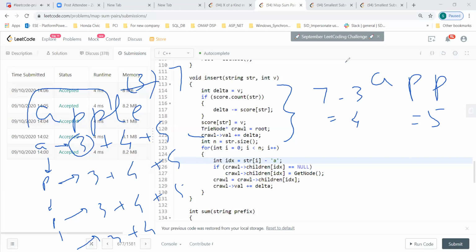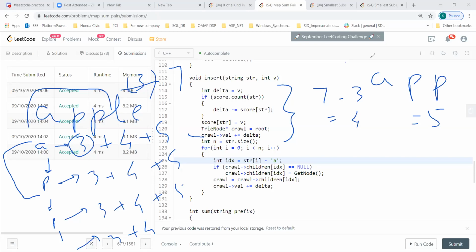So whenever I want to find a prefix of AP only, I can get the value of this one, which will have a prefix sum of APP and APPLE also. This would keep track of all the previous entries.